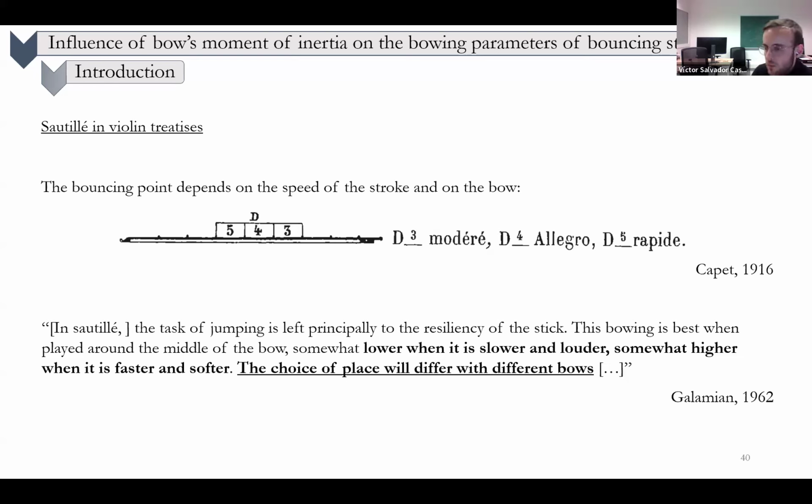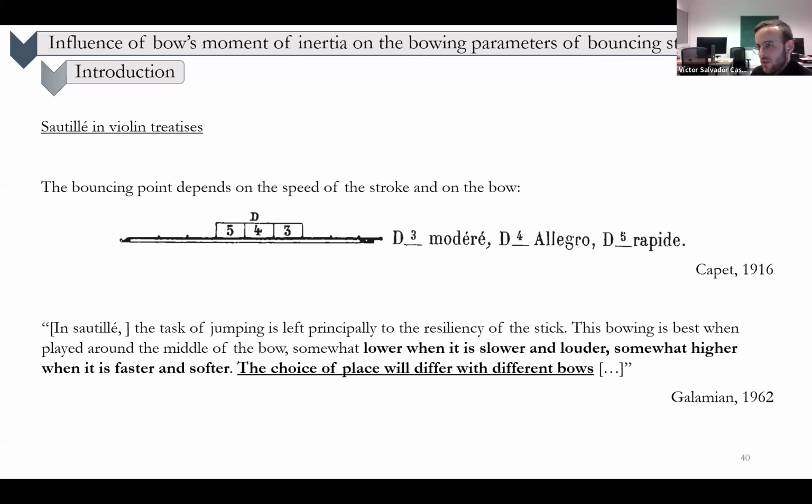And he divided the bow into different parts, and established the parts of the bow on which one should do this kind of bouncing stroke depending on the speed. So he already said that the position of the bouncing point depends on the speed of the stroke, but not only on the speed. Galamian later said that the choice of place of this bouncing point to perform sautillé, which is a bouncing stroke, will differ with different bows. He talked about the elasticity of the bow,